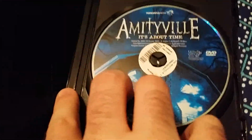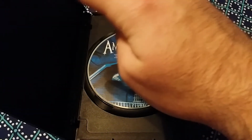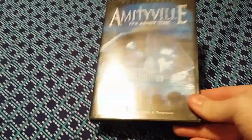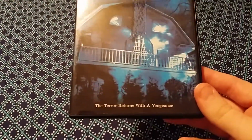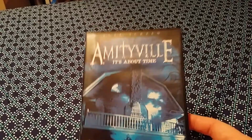But you can see here it was actually a Hastings rental, which was a kind of bookstore, and they'd rent movies around here where I live. They went out of business, a couple of them, probably about 5 years ago. Most of them did. I think all of them probably did. And what they would do is, when they would purchase these for rent, they would, of course, leave them